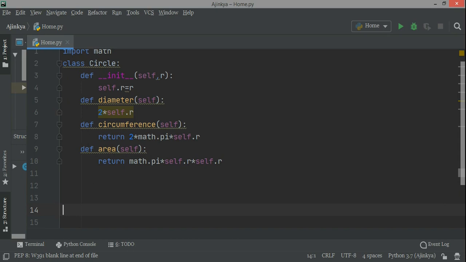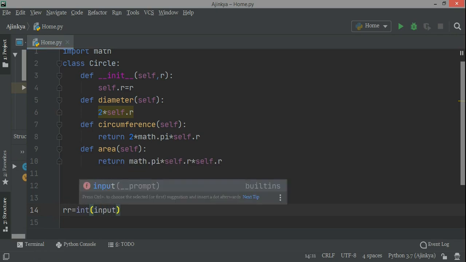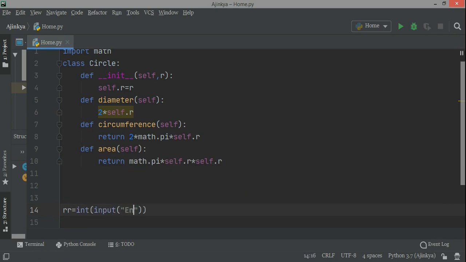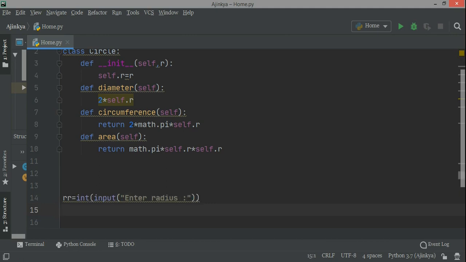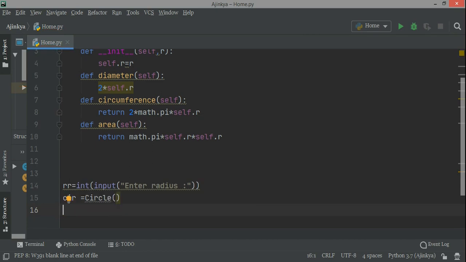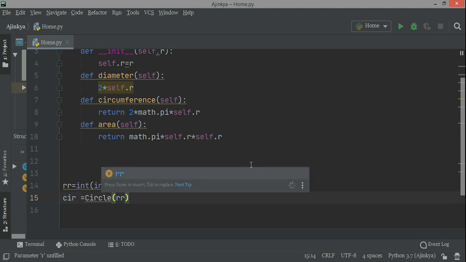This is the common part which you know, and right now this one is done because we don't have anything else. If you're using graphics, you can draw the circle also, but right now we are just taking a simple example. Now I'll create variables, and I'll be accepting the radius from the user. So rr equals int, meaning integer type, of input, enter the radius. Whatever the user enters will be stored in this variable rr.